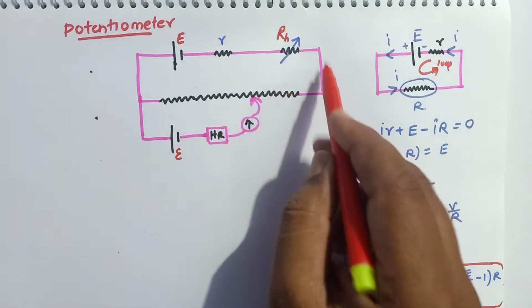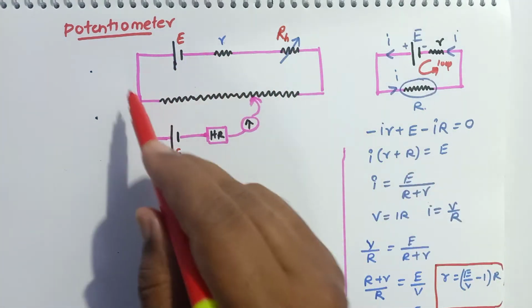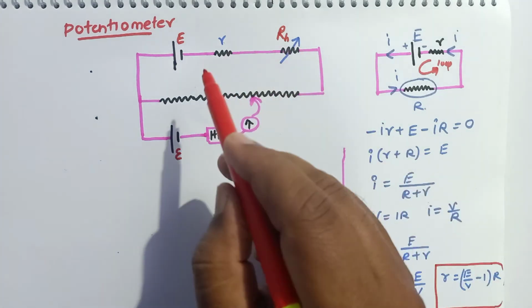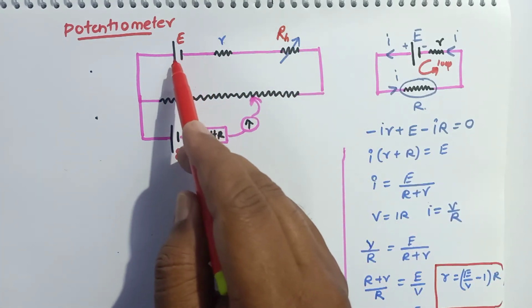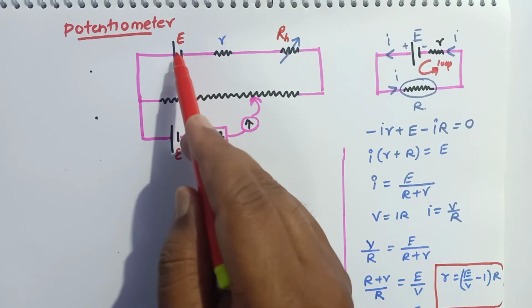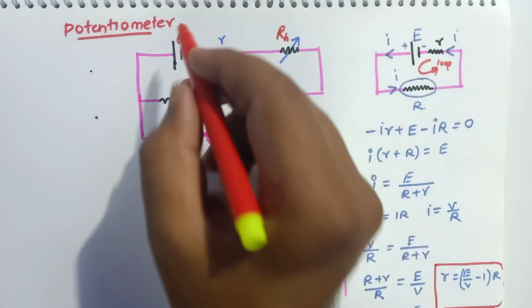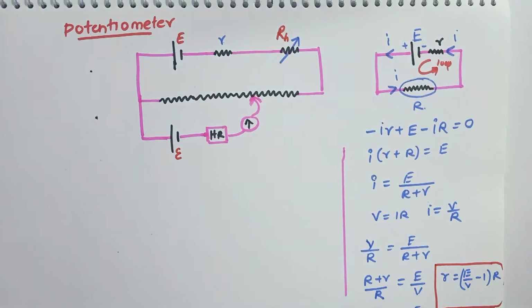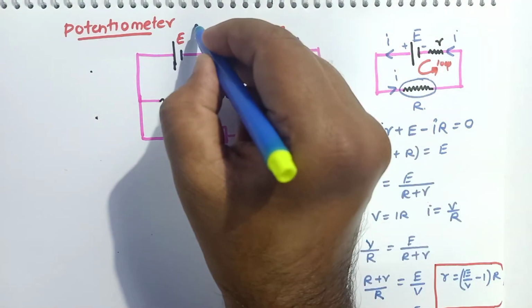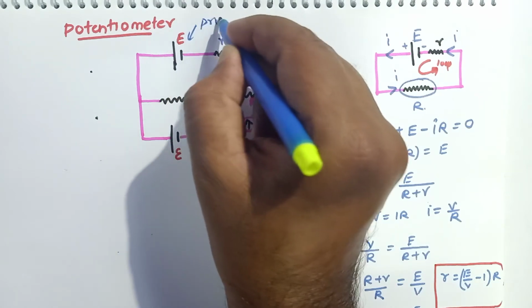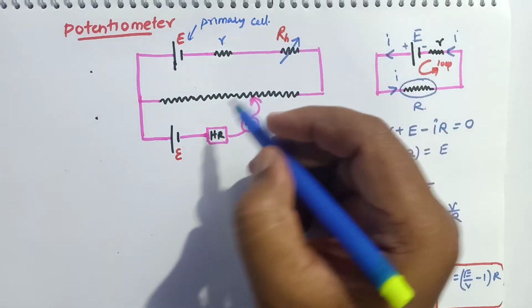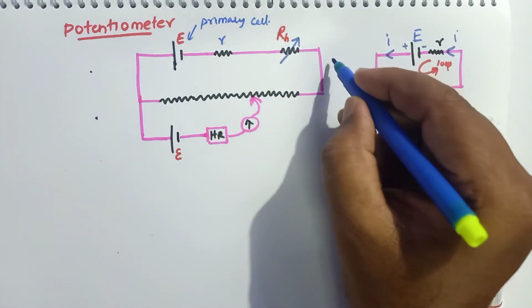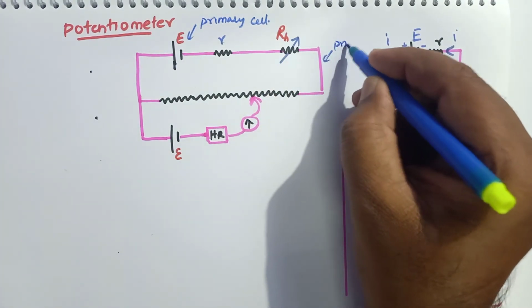And this is the wire which is connected to the potentiometer primary circuit. This is the total primary circuit. In the primary circuit, you will be having one battery which is called a primary cell. This is also called a primary cell here. Okay, you have to remember that. This is called a primary cell which is connected to the primary circuit. This is a primary cell. Okay, this is going to be the secondary cell. This is going to be the primary circuit.